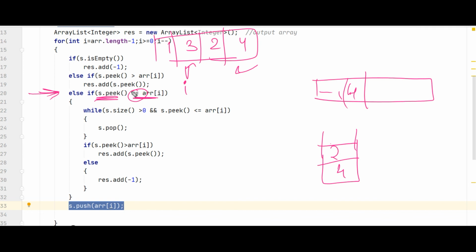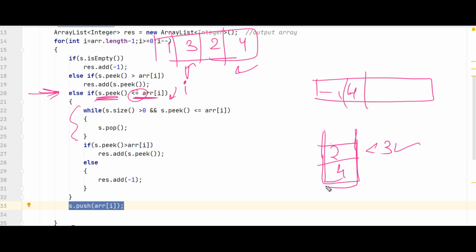So 2 is less than 3. Yes, so we will go inside. So what we are doing, we are looping until we get an element which is greater than this, or the stack becomes empty. Okay, two cases are there.